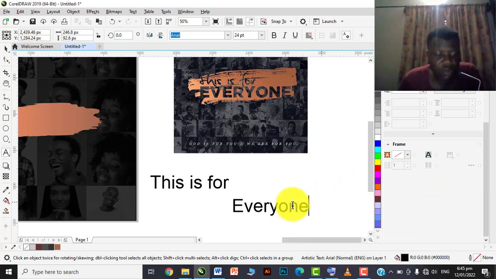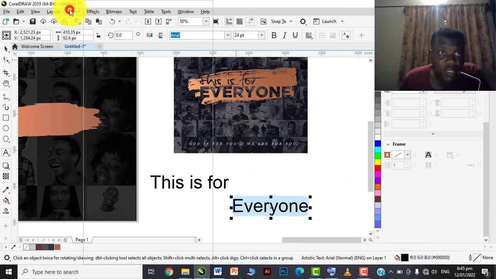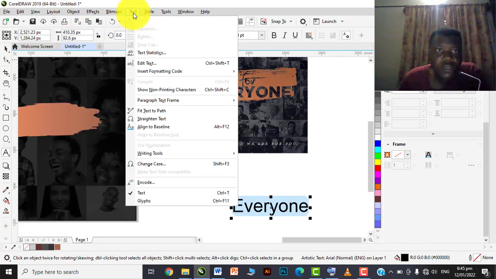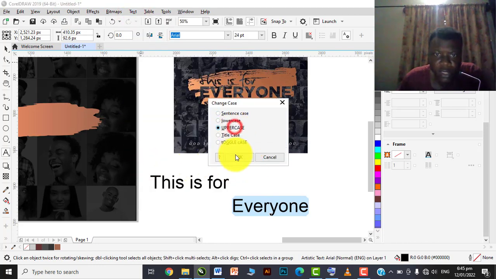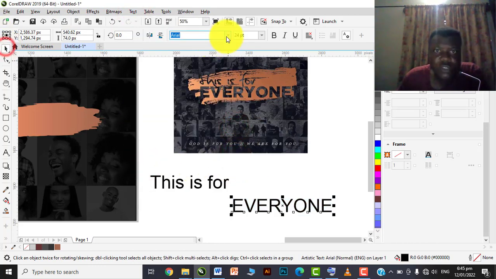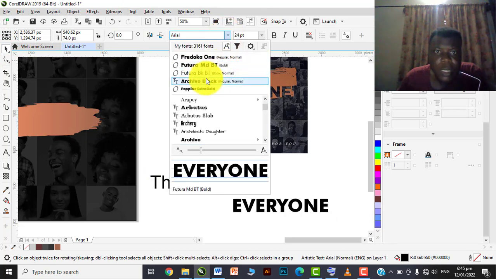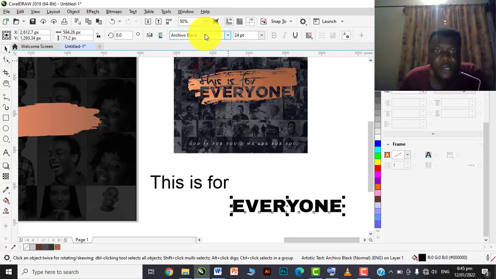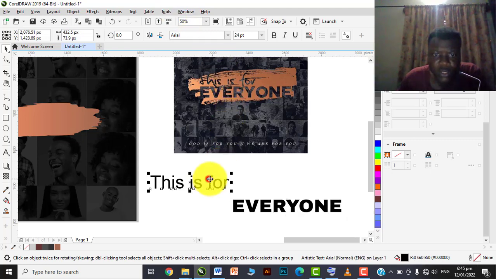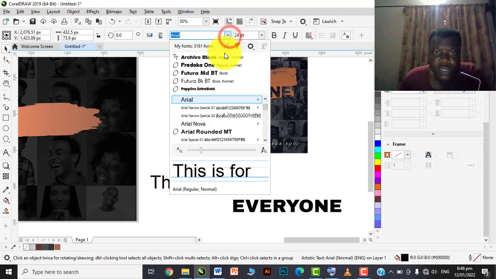Alright, now I'm going to convert it to capital letters. Come to text, then go to change case, uppercase. Now I'm choosing, let's use this one for now, Archivo Black. Now let's use a script. Let's use